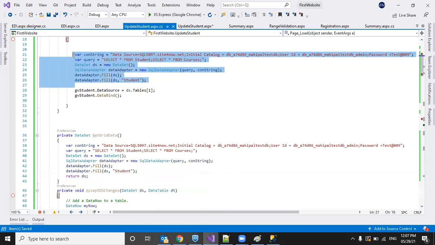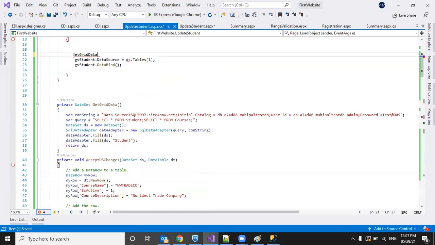So I'll directly call GetGridData. As I'm going to return a data set, I'll capture that into an object. So here I'm getting the grid data into DS, and I bind this data to the grid view.